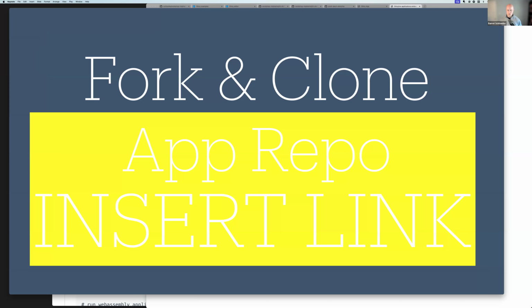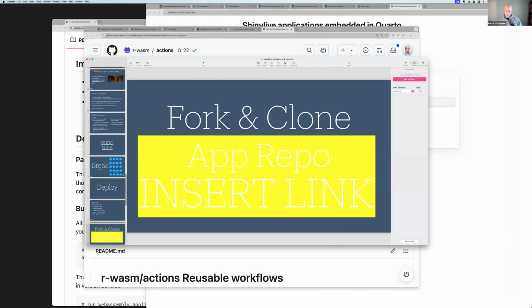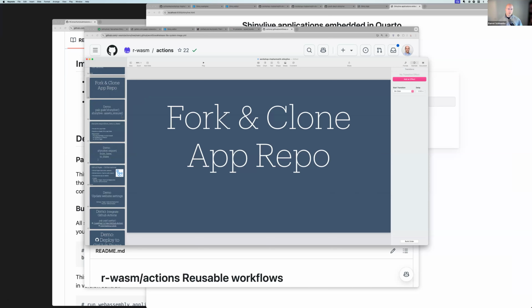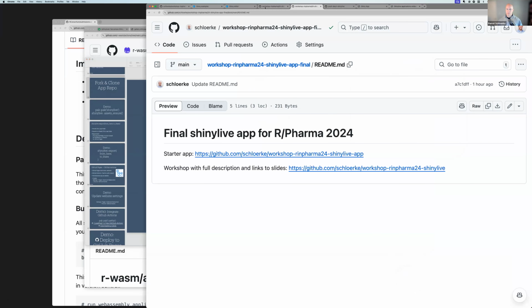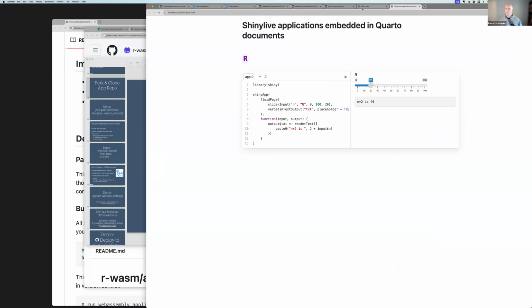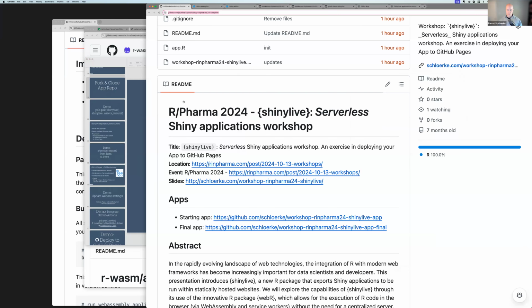And then again, oh, insert link. That's a fun one. Let's just delete that. Oh, no, I do need that. It's not there. It's okay. Since it's not there, most likely the website doesn't have it either. And so then workshop materials, starting app, copy.